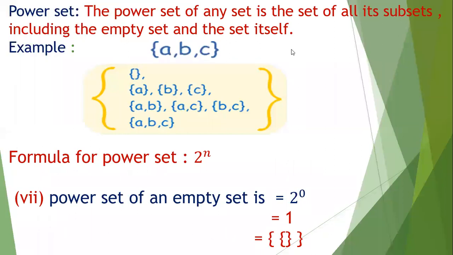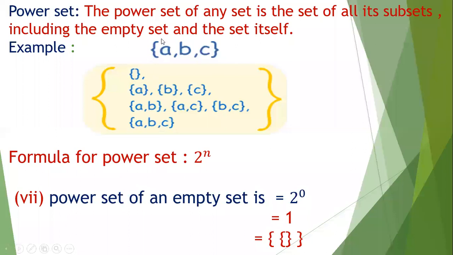We have the definition of power set here. The power set of any set is the set of all its subsets, including the empty set and the set itself. We have an example here where we have a set, set A suppose, and the elements are A, B, C. So you can see that all the possible subsets of this set will be the power set. And in the power set, we have the empty set as well. Then we can write the first element, A, then B, then C. These are the subsets. Then A with B, then A with C, then B with C, and finally A, B, C,